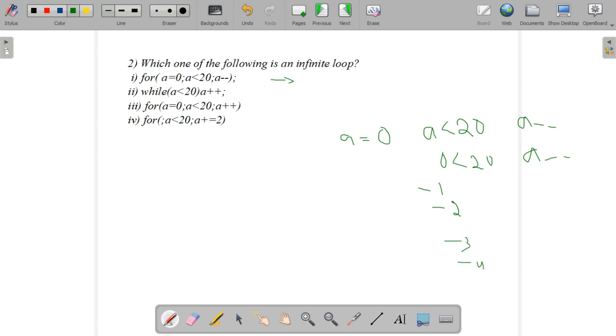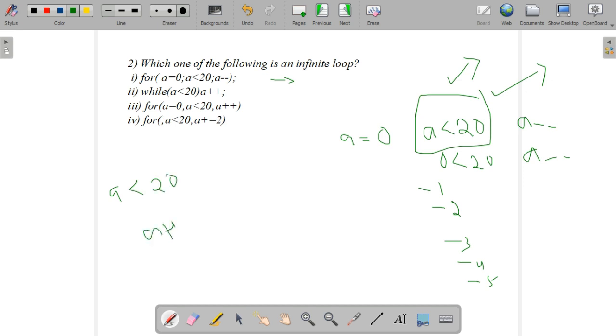Minus minus means minus 1, it goes to minus 3 and so on, it doesn't satisfy the given test expression. That means this loop will continue, it never ends. So this is an infinite loop.